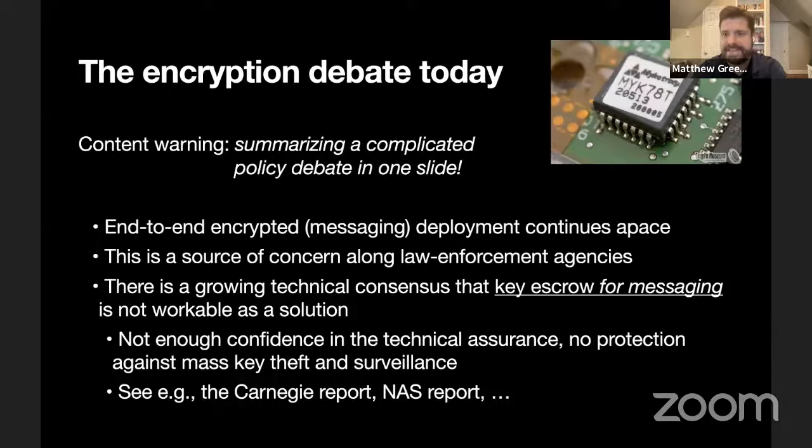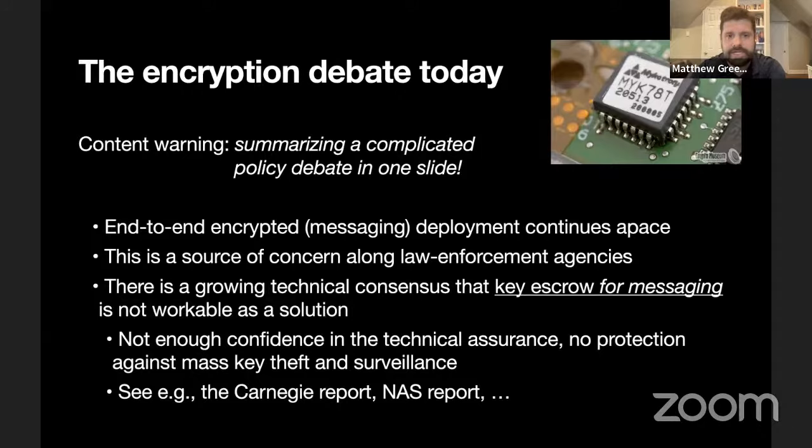But if I could summarize it, it's that end-to-end encrypted messaging and end-to-end encrypted systems have begun to proliferate. We have maybe 2 billion people worldwide who are able to use end-to-end encryption, and that number continues to increase, mostly because companies like Facebook are pushing very hard to increase the amount of end-to-end encryption in their platforms. This has created a lot of blowback, mainly from law enforcement agencies and governments around the world who are very concerned that these new platforms will cause problems for law enforcement, for the ability to actually trace suspects and to do other kinds of things that they believe are critical.